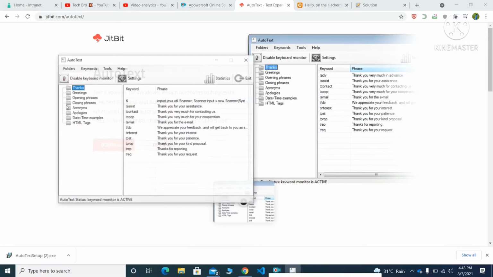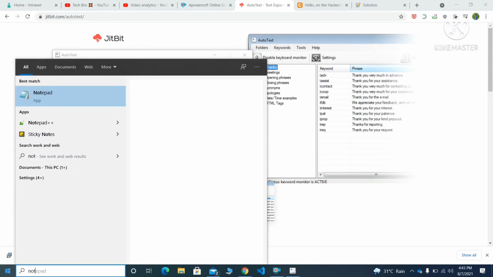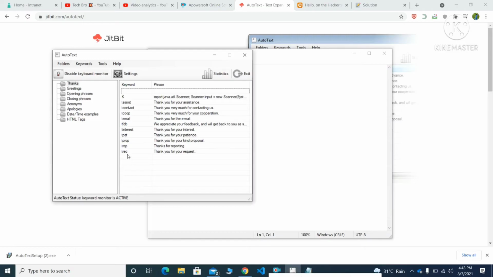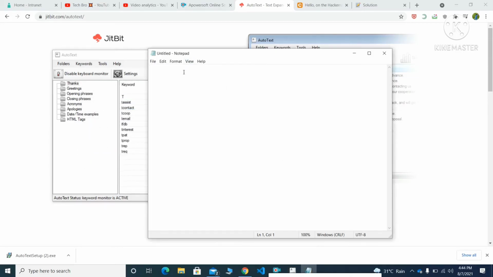So this is the AutoText software, and these are all the shortcut keys. By default, the shortcut keys we have, like for K this will print, and for transit this will print, for T coupe this will print, like that. I will show you. I will create one more shortcut key here for T. This is a K, right? Okay, instead of K, for T, if the user types T, this needs to print. So okay, we will see T. This has printed automatically.